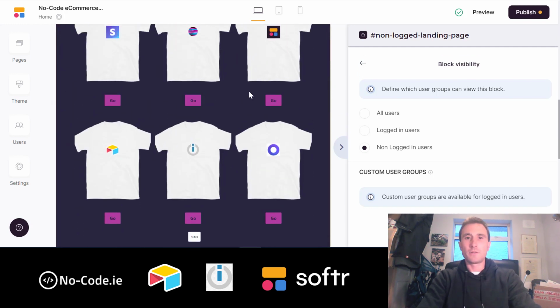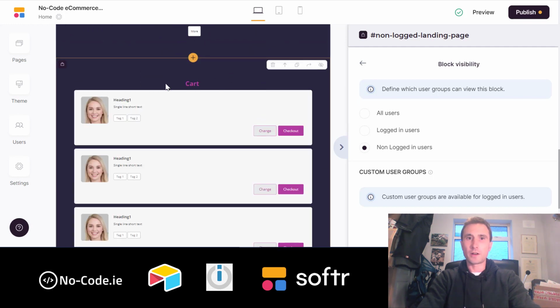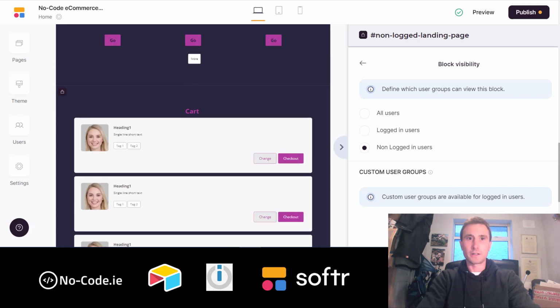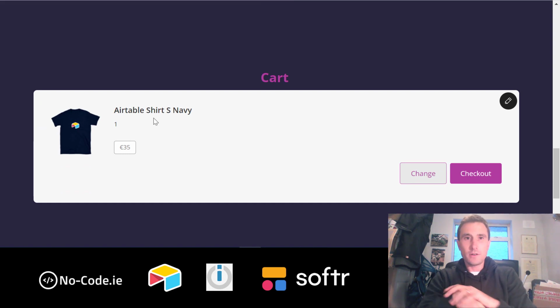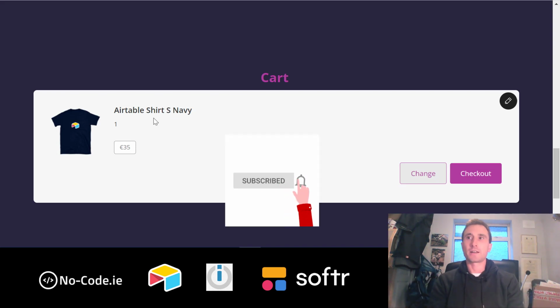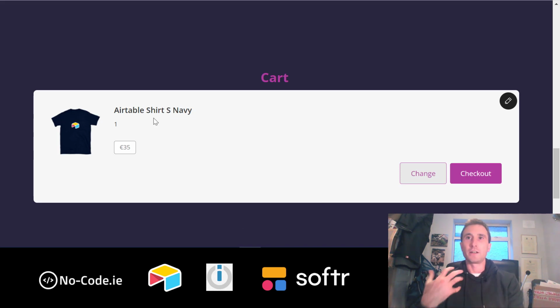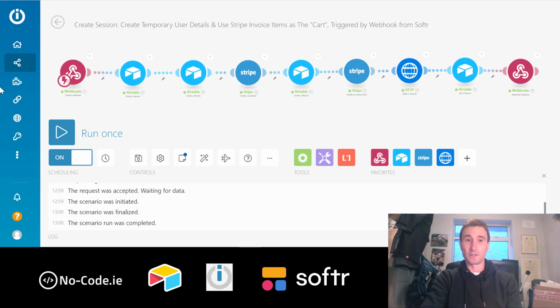So if we get back to webhooks, the way the webhook works, we needed the webhook to send the ID of the product that was being added to the cart. For anybody that's brand new to webhooks, they are basically just a URL, a web link that's created that can be used to communicate or trigger actions or automations, and it can be used to send additional information. So when we look at this Integromat flow, which is the flow that